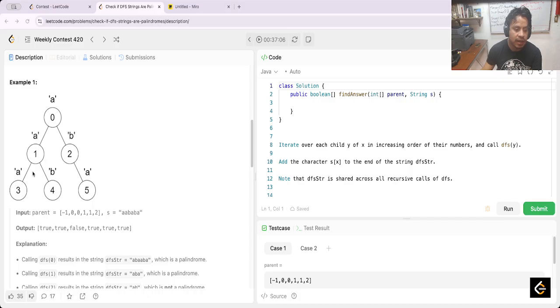ABA, okay, is a palindrome. And now this side with this side, for example, in this case, B and A aren't a palindrome, yeah? But if I take this subtree with this subtree and join with this, is A, B, A,